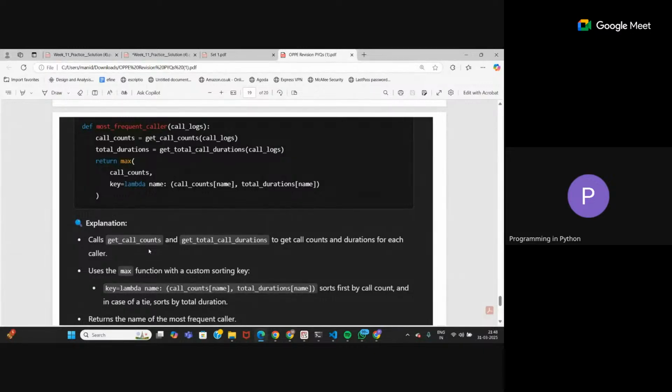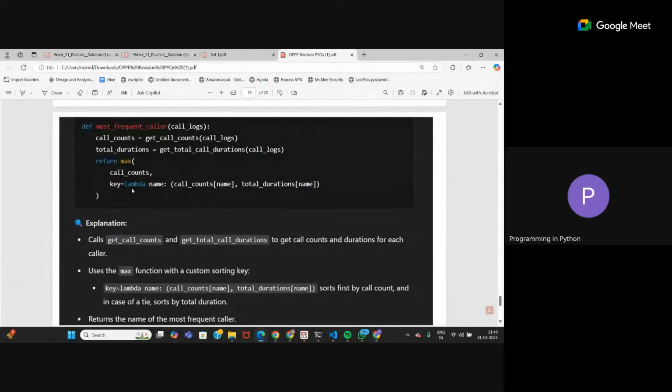The condition is that we have to find according to the maximum call count. This is our primary condition, maximum call count. If we get a tie, then for the tiebreaker, we do it by call duration. So whoever has the higher call duration, his name should appear.